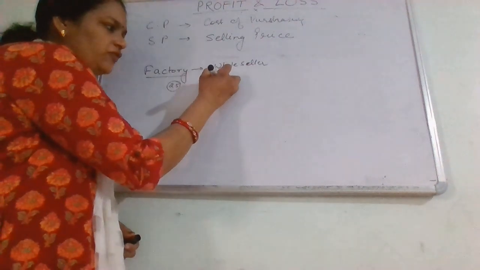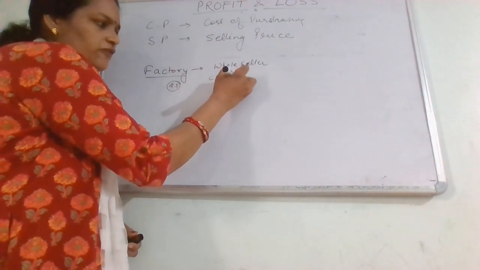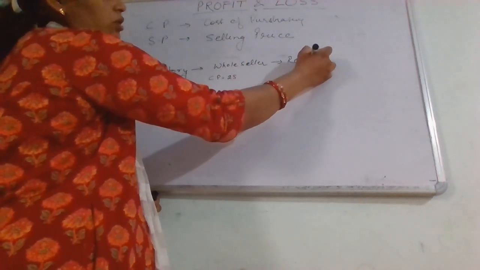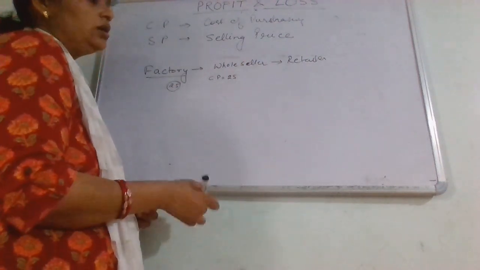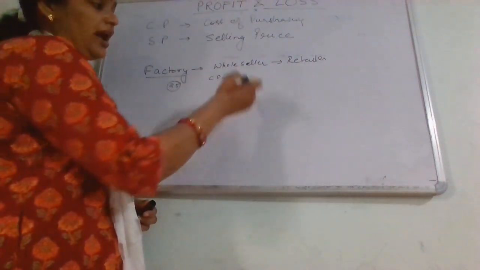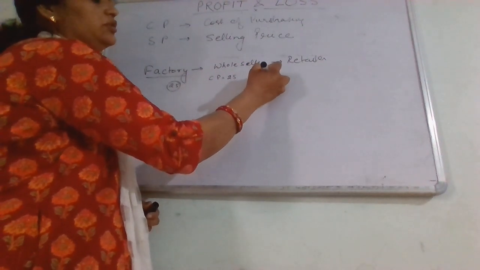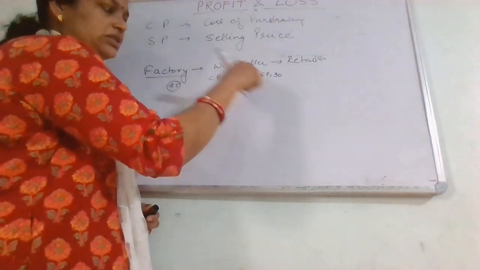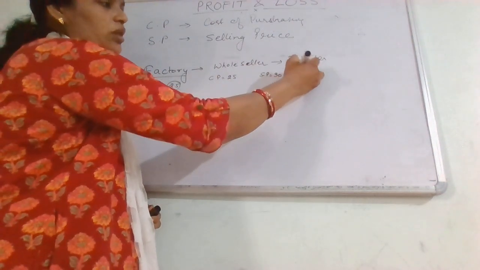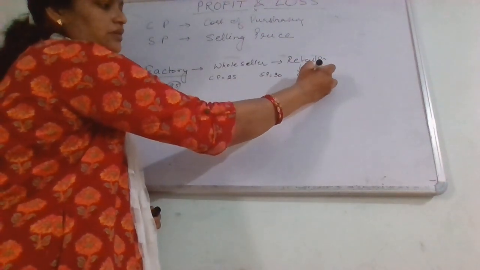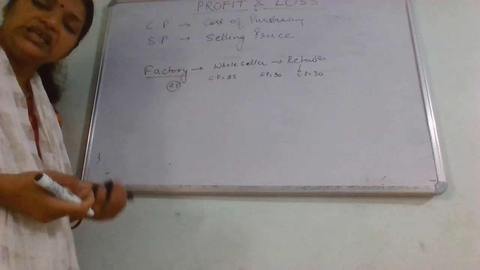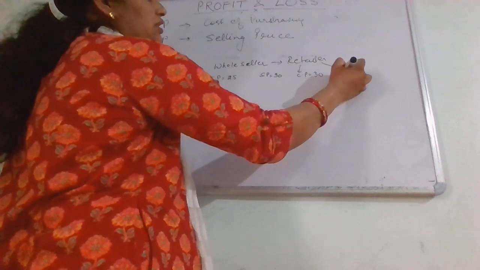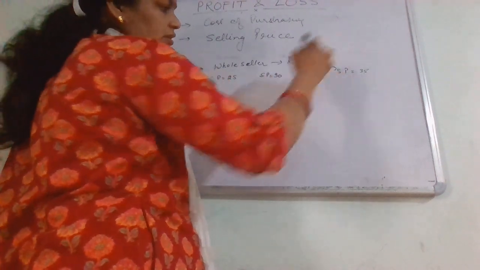So for this, the cost price is equal to how much? 25 rupees. Now the wholesaler gave it to the retailer, the shopkeeper where you go. He says, okay, I will give it to you, but this time I will be charging a selling price of, say, 30 rupees. So the wholesaler's selling price is 30 rupees, and that equals the cost price of the retailer. Now the retailer will sell to its customer again by having some profit. So it will give us the selling price of 35 rupees, right?